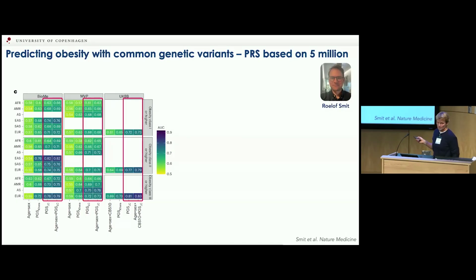And you have to keep in mind that obesity is still 50% heritable, 50% genetic, 50% environment. So we'll never be perfect in predicting regular or common obesity. So 0.72 is pretty good. And as we go to more extreme obesity, we get better. And maybe that is because more extreme obesity is even more genetic than your common forms of obesity.